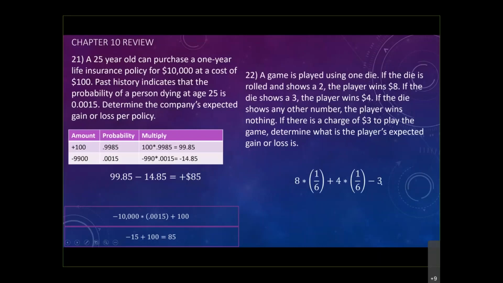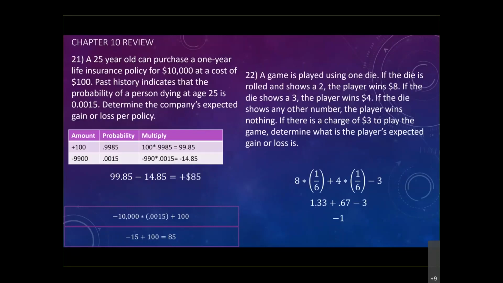Minus the $3. Why minus $3? Because that's my loss. I have to pay the fee, right? So looking at this thing here, all I did was take this item and multiply, which is 8 times 1/6 to give me 1.33, 4 times 1/6 to give me 0.67, minus the $3 that I spent. Once I have this thing here, as you can see, if I add them up, I will get a negative 1. Okay, which is in order for you to play this game, you should expect to lose $1 for every